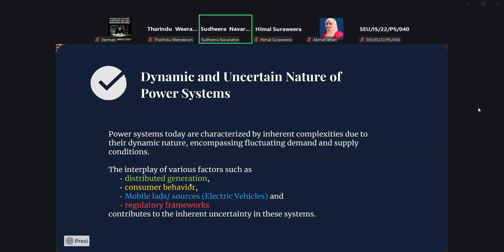The main problem CEB is facing, like in the very recent outage, is that the power coming from the distributed solar systems was not visible to the Ceylon Electricity Board because it was not monitored. It is coming from all over the place, right? And there is consumer behavior, how you use the power.